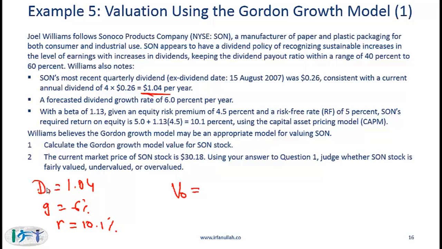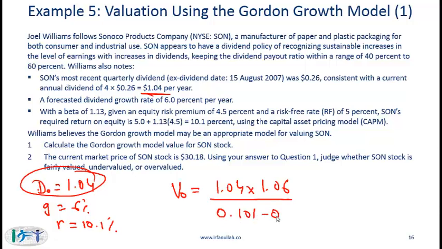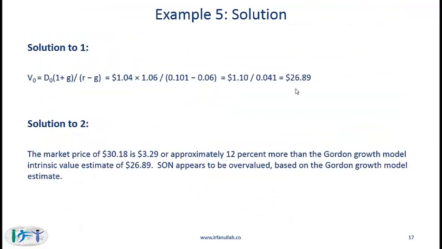It is D1, which is 1.04 multiplied by 1.06, growing at 6%, divided by R minus G, which is 0.10 minus 0.06. When you do the calculation, what you should get is this number,